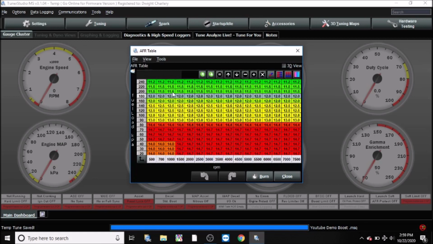Also worth remembering is that the car will be interpolating between two cells, so it makes sense. So if you fall, say, at 190 kPa, which is your boost, which would be somewhere about 12.5, 13 psi of boost, you'll be interpolating between these two cells. So it will split the difference between these two. So you'd end up somewhere about 11.8, 11.7 air fuel ratio. And that's basically how the software calculates the targets for your various air fuel ratios.